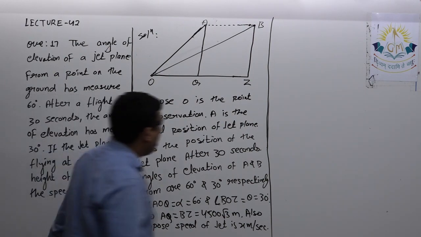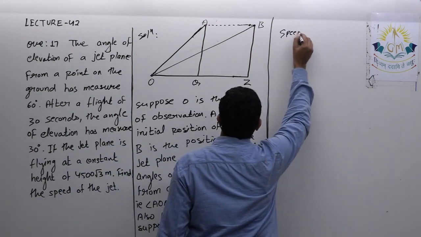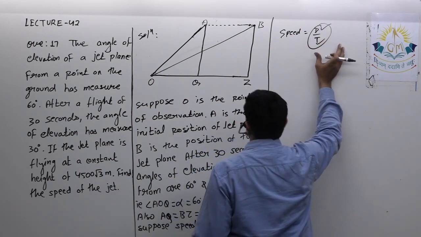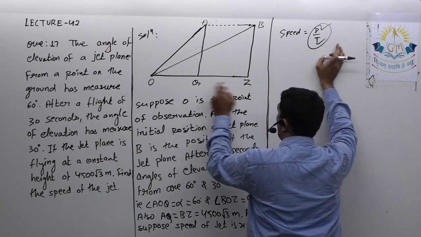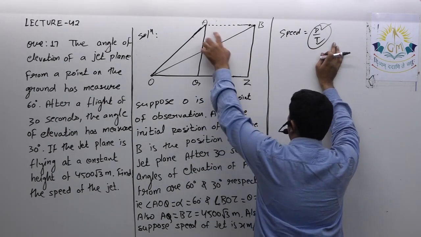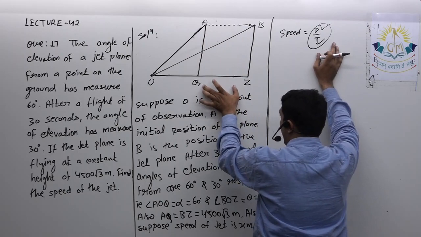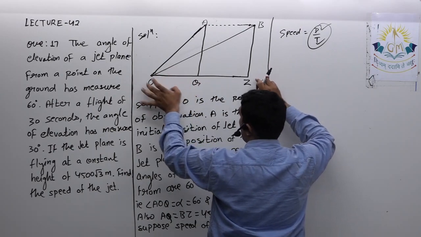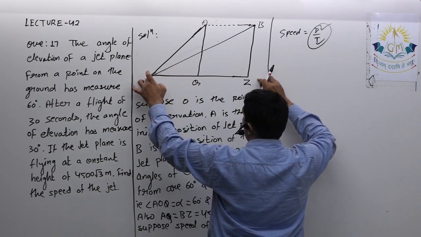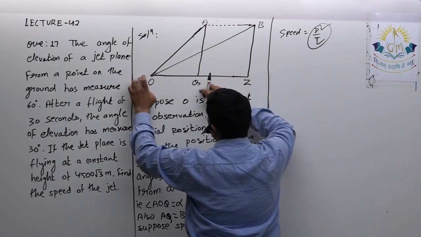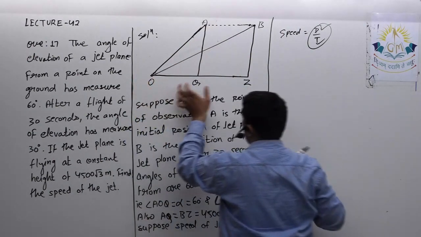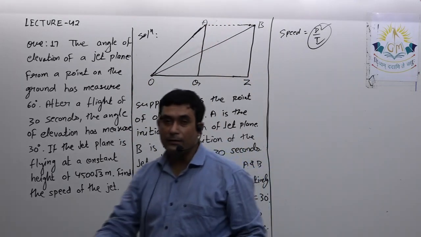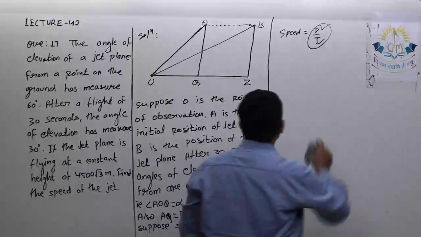See, we have to find the speed, and we know speed is equal to distance upon time. So actually we need distance and time. Time it is already given, it takes 6 seconds from Q to Z or from A to B. Now we have to find the distance AB. That means we have to find QZ. So QZ can be obtained by OZ minus OQ. So first we'll find OZ with the help of triangle BOZ. Then we'll find OQ with the help of triangle OAQ, and their difference gives us QZ, that is AB. Okay, and by applying the formula we'll be able to get its speed.